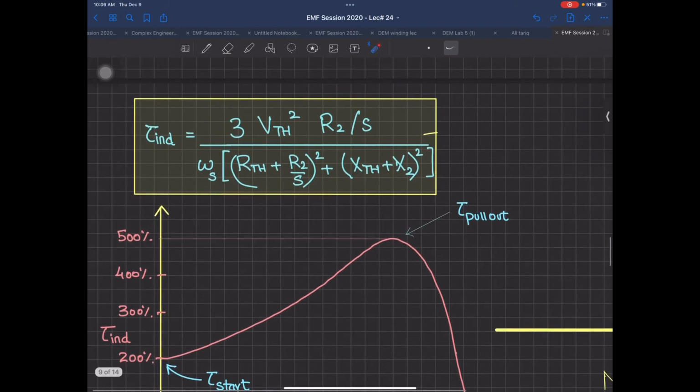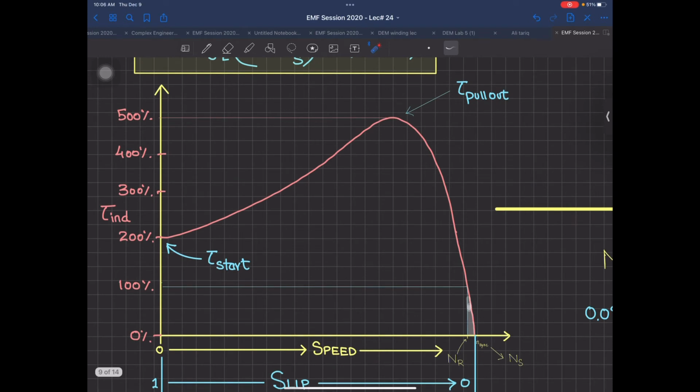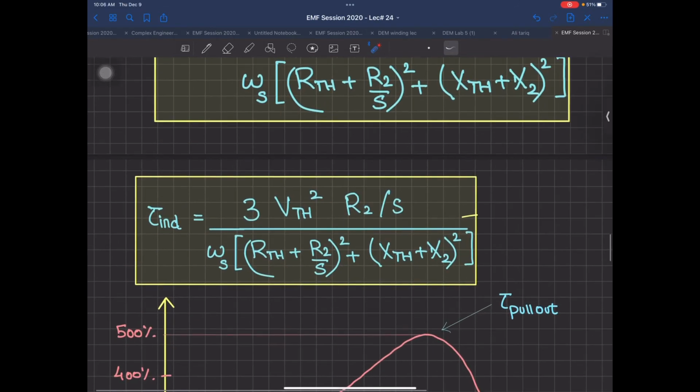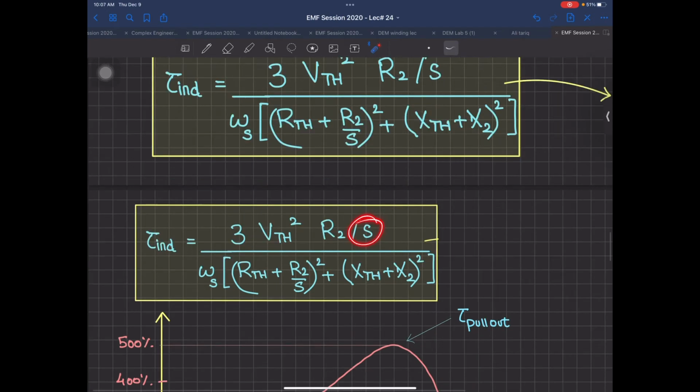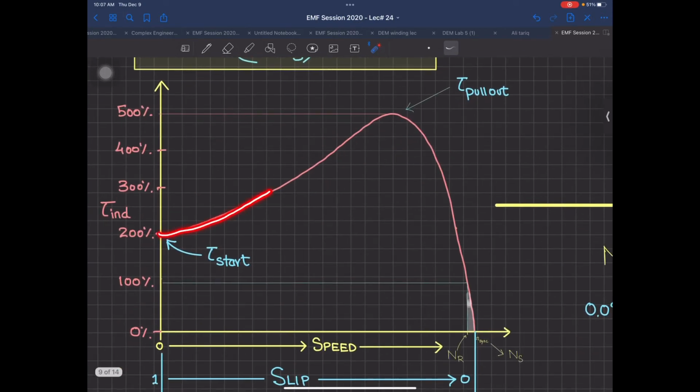Here we have the equation with us. Now, since this is not a very simple equation, it has denominator terms, it has S over there. So when you plot this, and I strongly advise you, it's also part of your solved examples in MATLAB. If you're doing MATLAB in any course up till now, it's very simple. Just plug in this formula in MATLAB and ask slip to go from 0.001 to 1. You will get this curve over here, which is the torque slip curve.